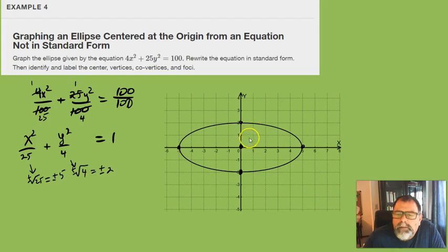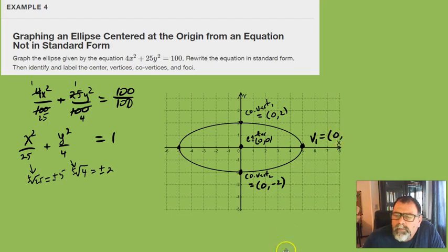So the center is 0, 0. This would be the co-vertex, so that'd be 0, 2. This would be a co-vertex, 0, negative 2. This would be vertex 1, 5, 0, vertex 2, negative 5, 0, and then the foci,